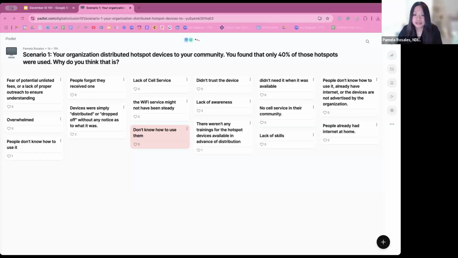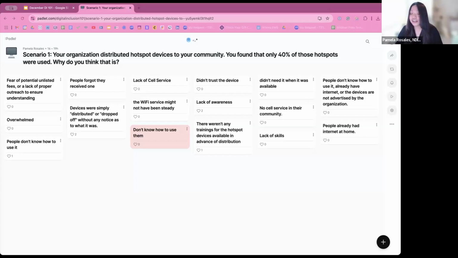Hidden fees, somebody also talked about that. And then also, as somebody said, maybe the primary need is not internet access for that community. Maybe it's actually digital skills. Maybe they want to learn how to use an app because they want to get on a dating app. Maybe that's their focus. Okay. Maybe it's a device. They actually need laptops or Chromebooks and not necessarily the internet access there.